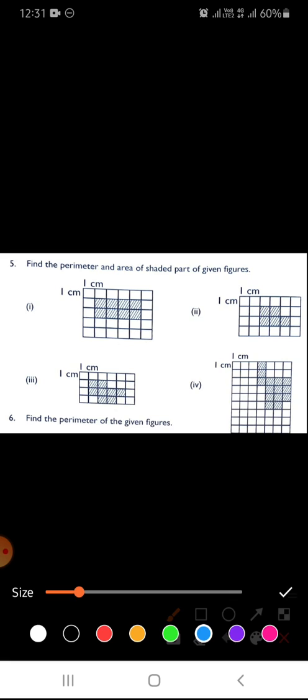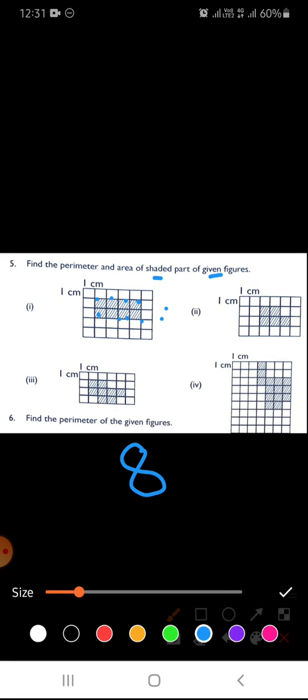Find the perimeter and area of the shaded part of the given figure. Means in this question you have to find the shaded part of the given figure. Now in this figure, as you can see, the shaded portion is in the center, and 1, 2, 3, 4, 5, 6, 7, 8. 8 blocks are shaded. How many blocks are shaded? 8 blocks are shaded. Means you have to find the area of these 8 blocks and the perimeter of all these